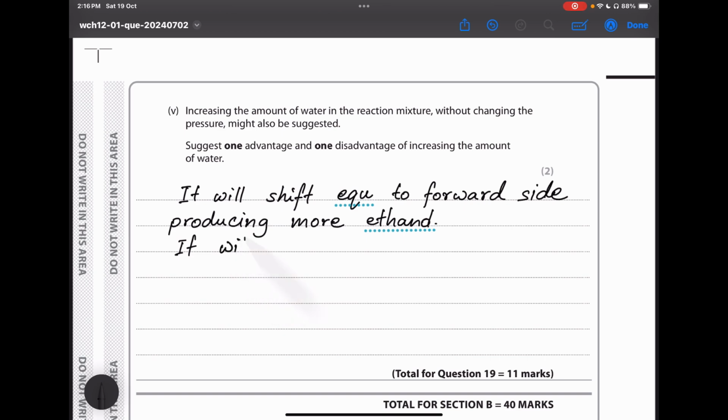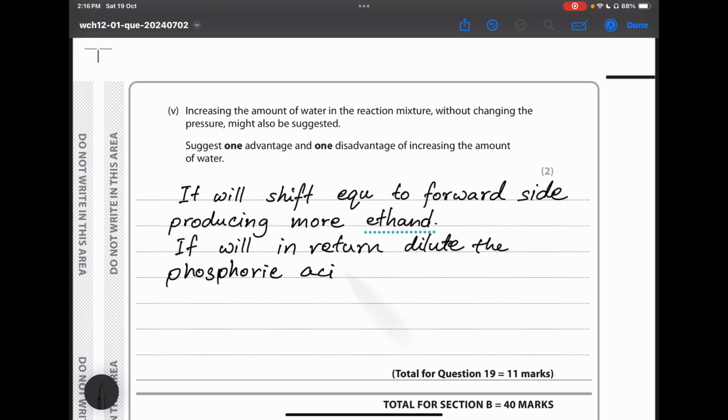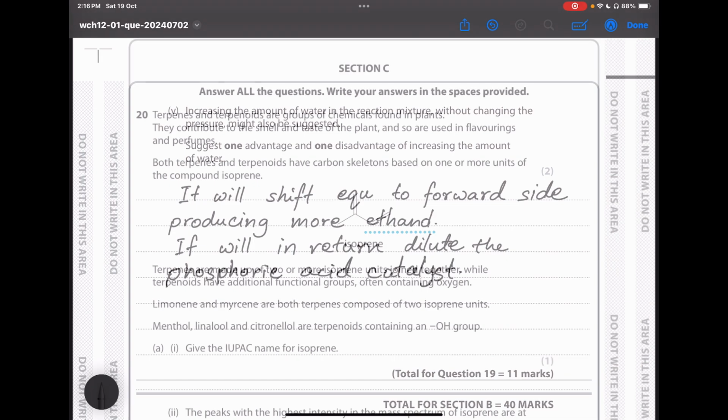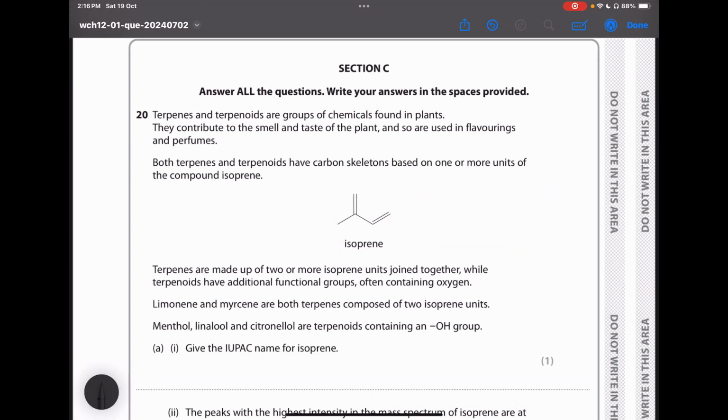It will, in return, dilute the phosphoric acid catalyst. Okay. Now, the last question for section C,